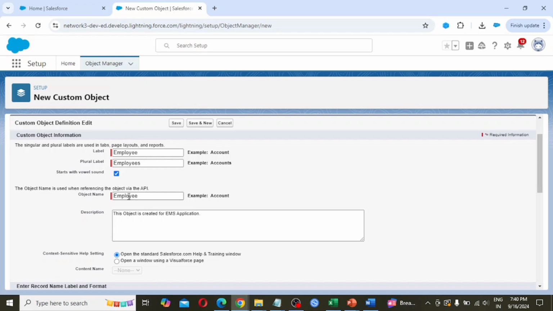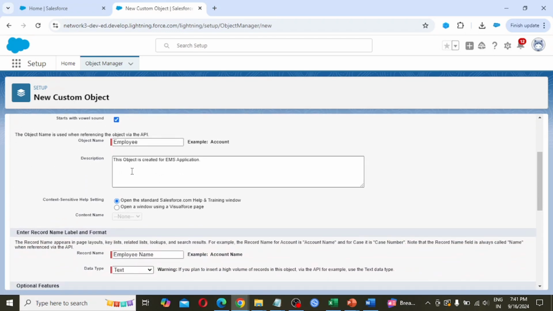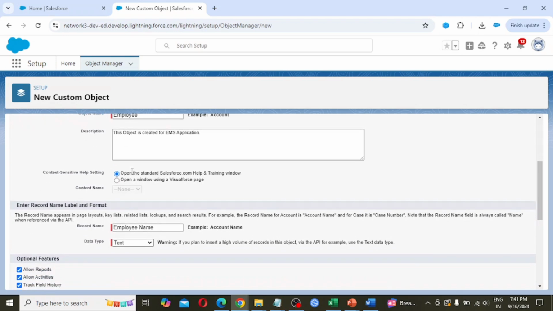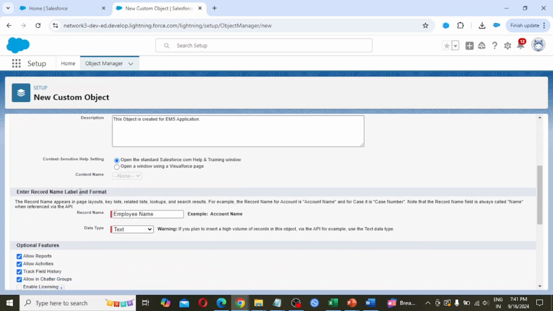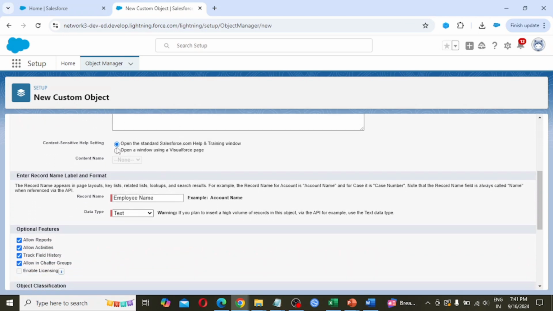So everyone gets to know it if we are doing configuration and customization, which we are going to do in our later sessions. It is best practice to provide the description, and here we are going with default.